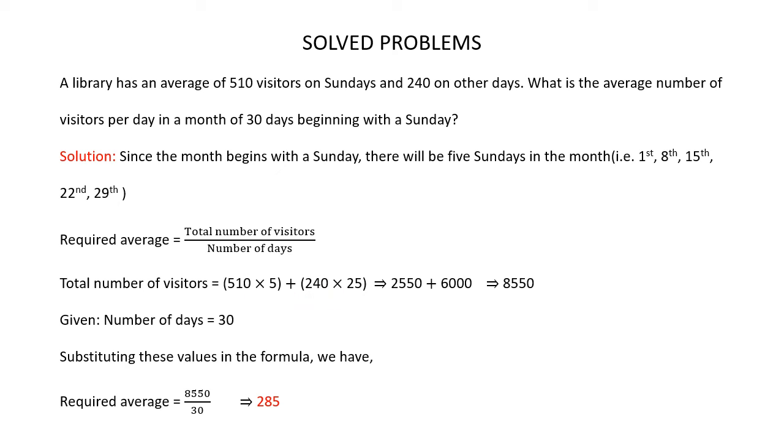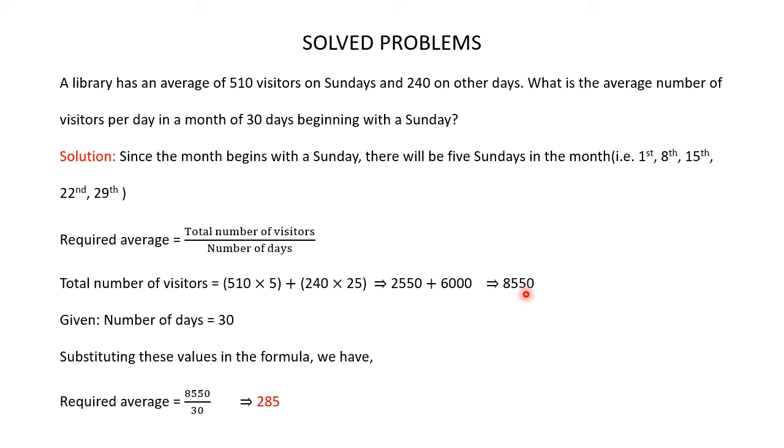When you remove the 5 Sundays in a 30 days month, you'll be left with 25 days. It's given that 240 visitors visit on the other days. So 240 multiplied by 25. So total number of visitors is equal to 510 multiplied by 5 plus 240 multiplied by 25,